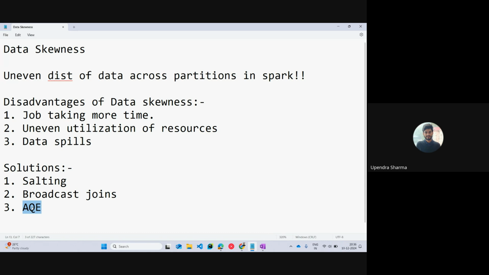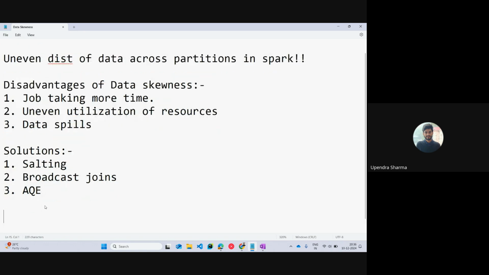So what this AQE does is that on its own dynamically, it implements sorting technique on our data, and it broadcasts smaller data sets. So let's say if I were to join two data sets, let's say I have data set 1 and I want to join it with data set 2. And if I have enabled this AQE, like this AQE is a property which we need to enable. So if we set AQE as true, then it will do what I'm explaining over here.